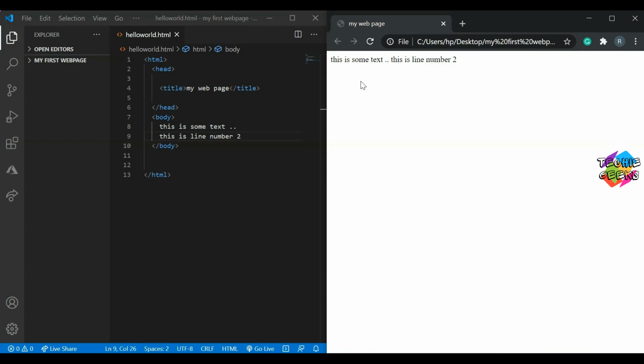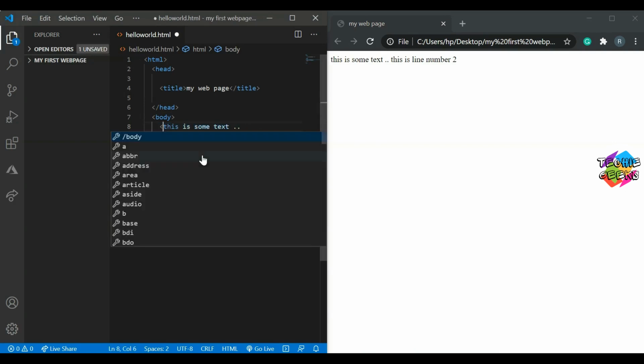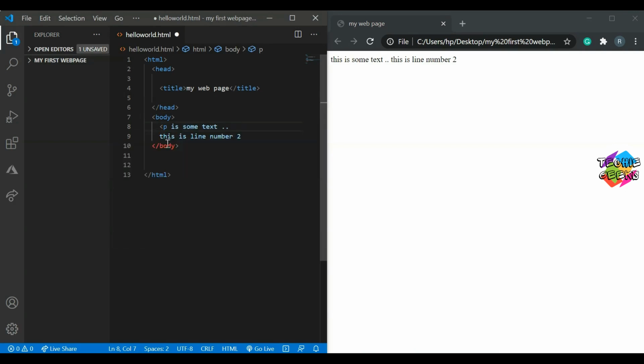The first one is to surround these two lines with paragraph tags. So we will put paragraph tags around these two lines. Just copy this line and place it inside the paragraph tags.